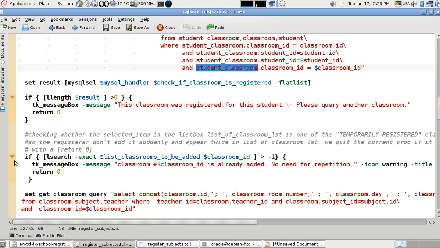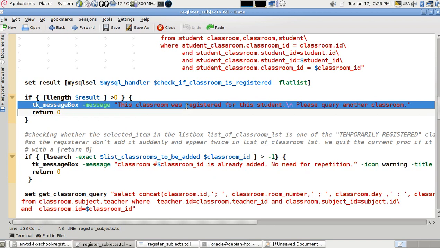Next, okay, so it tells you that this classroom has been registered. That's all what this query means. Now the next thing is